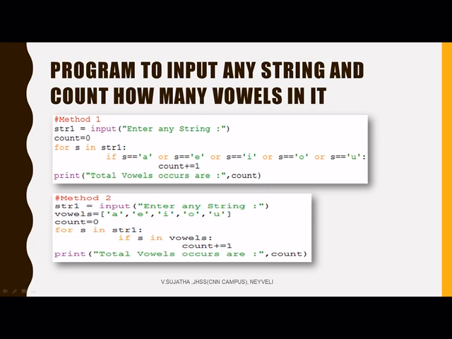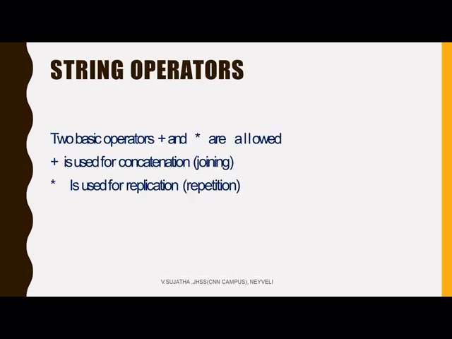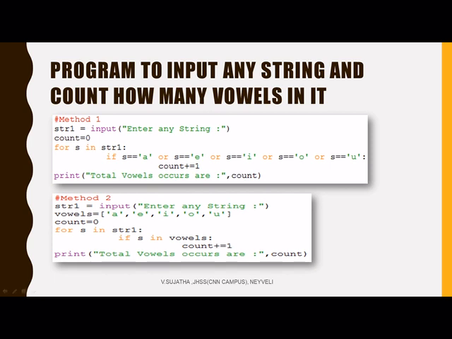Now, as usual, you give count equal to 0. Then for S in string 1, that means taking the very first character of whatever string you have given. For example, the same Javahar, J will come over here. If J in vowels, the list will be substituted here. If J in AEIOU, no, it is not available. In the membership operator, we are using the keyword in. If that particular character is available in this list, the count will be incremented. Otherwise, it goes and takes the second character. In the same manner it will check. Clear? Then finally, it will print the count.